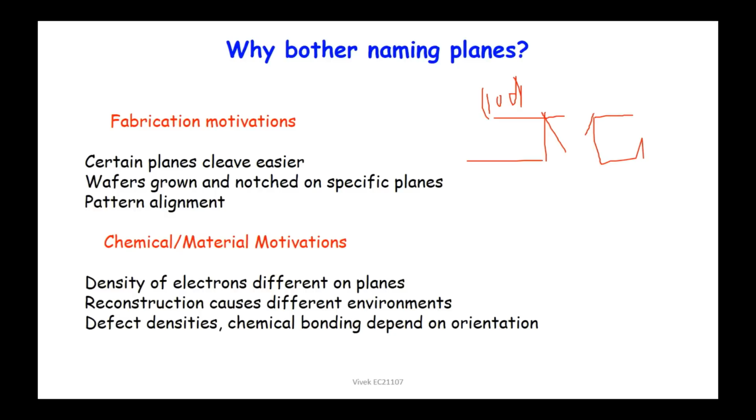And this angle will be given by the angle between two planes. The angle between two planes will be the same as the angle between their perpendiculars, right? And you can also calculate what will be the angle between two planes. So let's say HKL is 100 and this HKL is, let's say, 111, right? So what will be the angle between them?